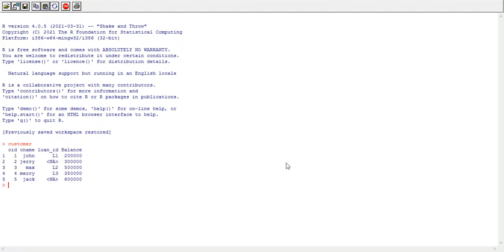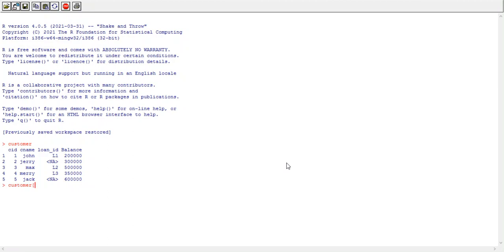Here I have one data frame, customer, which is used to store data of bank customers. We have already studied that whenever we want to filter or select data as per our requirement, we can use row index and column index to select data from the data frame.